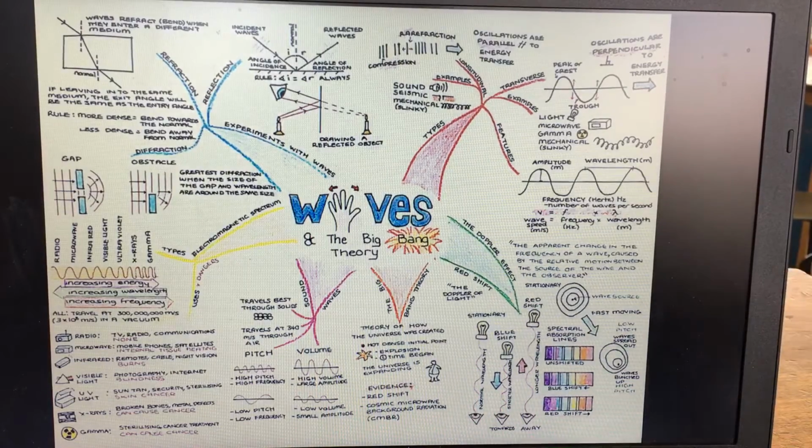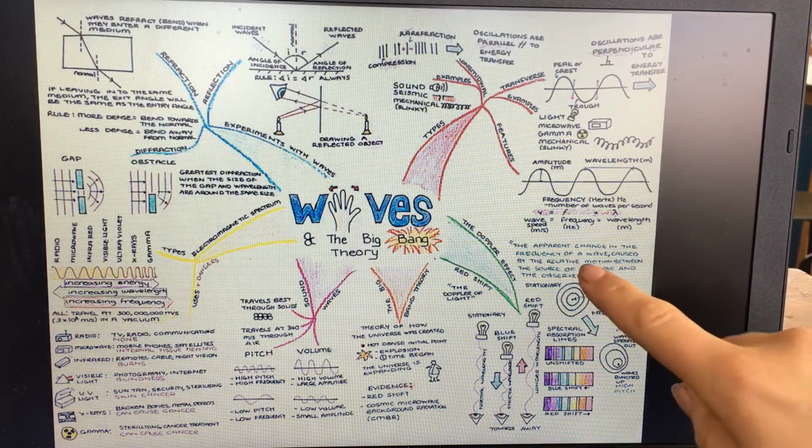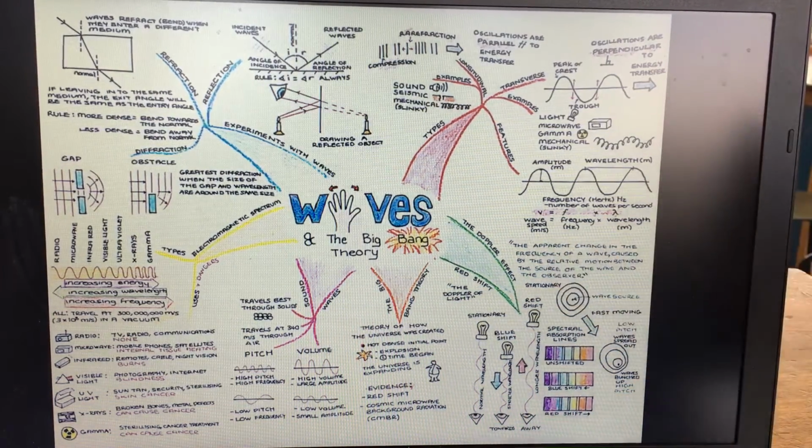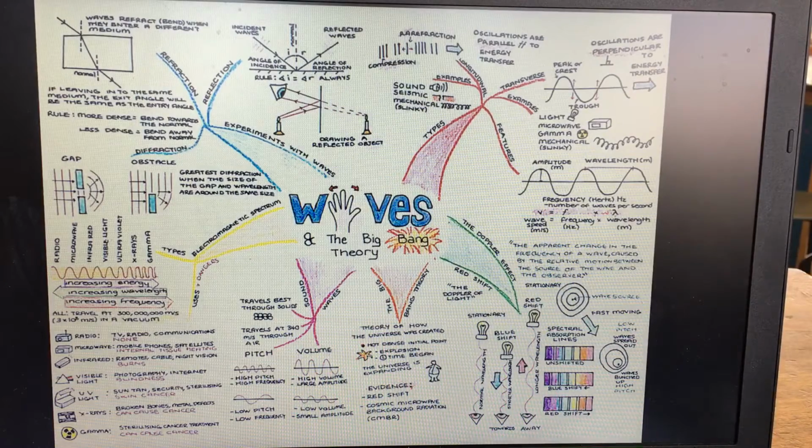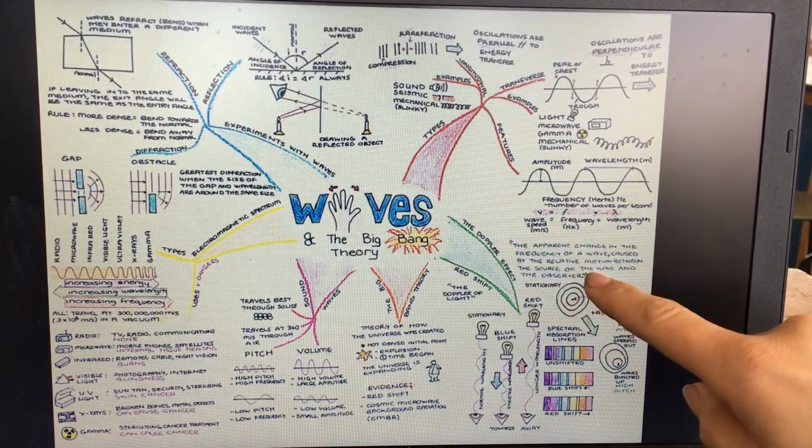Basically, apparent means it doesn't actually happen. When you say, oh, apparently she said that, did she really? Have you got proof? No. So apparent means it doesn't actually happen. Now, it's in the frequency of the wave, so to do the pitch. So apparently the pitch changes, and it's caused by the motion between the thing making the sound, the sound source